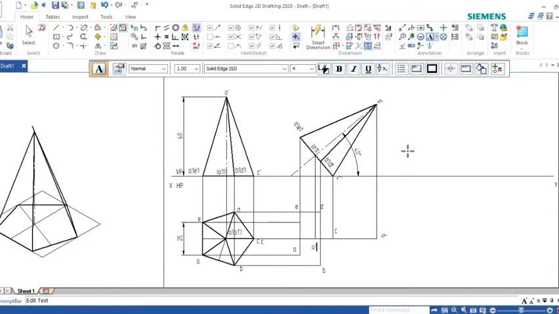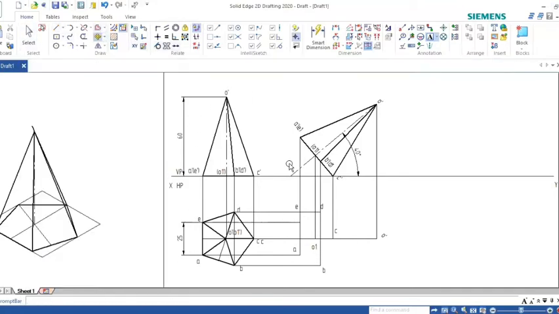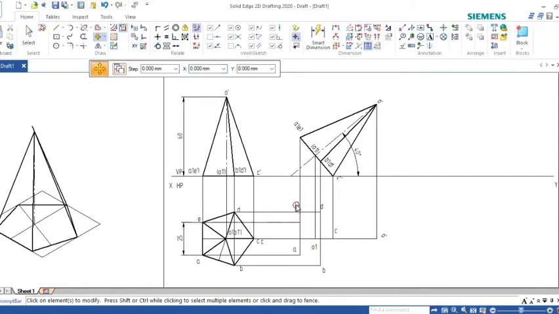So now we have located all the points. Move E, select. So this will be here A, B, C, D, E.